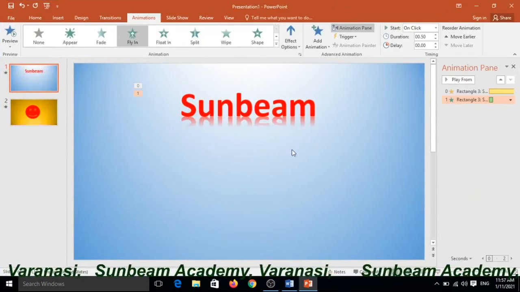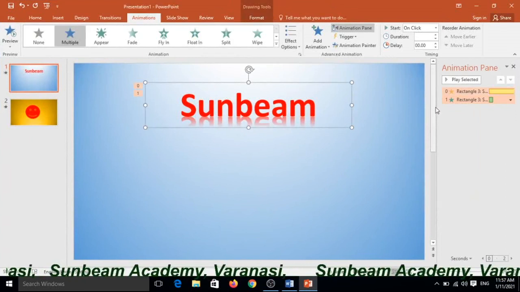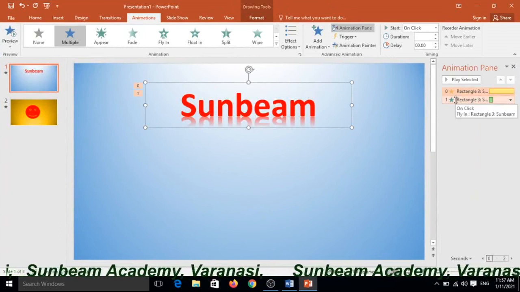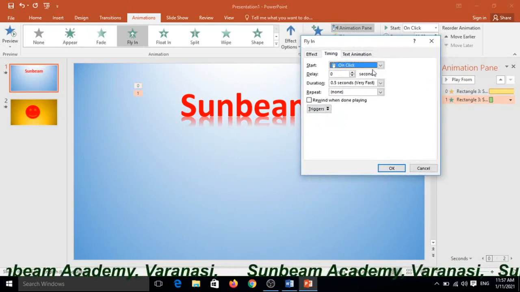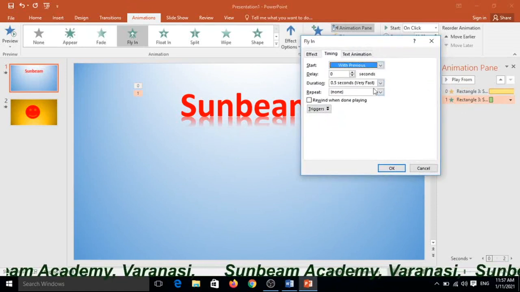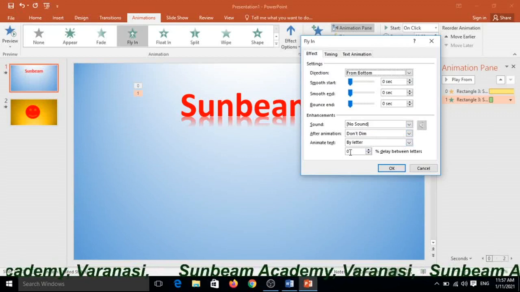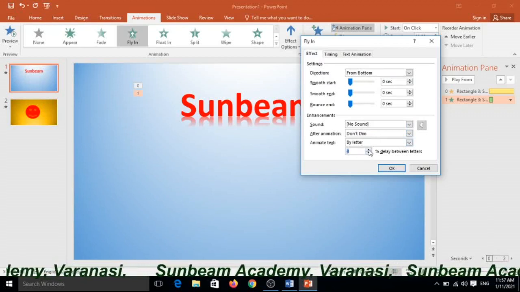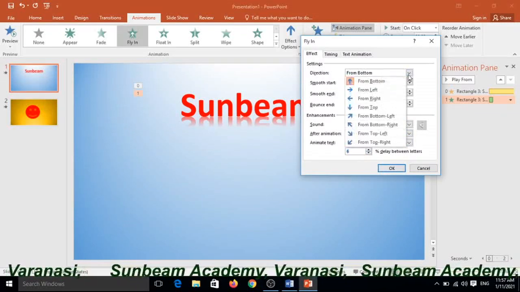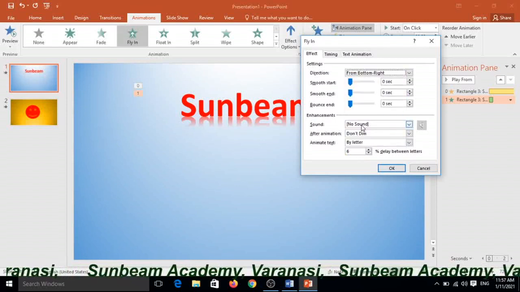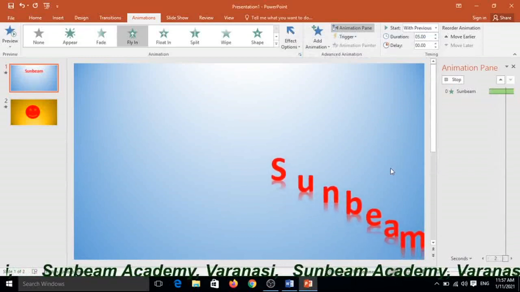Double click on it to show the maximize size, and once again select your object or text and double click on this property to open with previous, and very slow. Effect is here, later, delay with 5s, and click on OK. Then you can also choose this, and click on the OK button. Now you can see it will become like this.